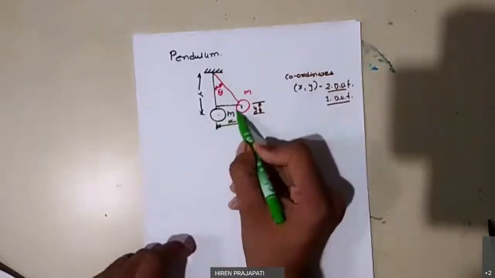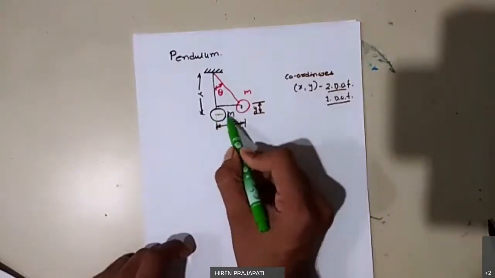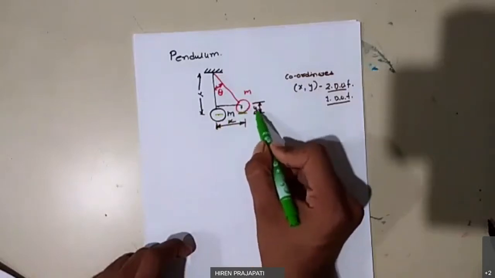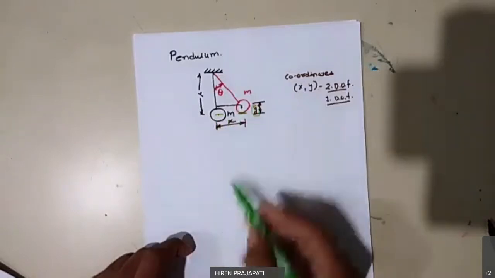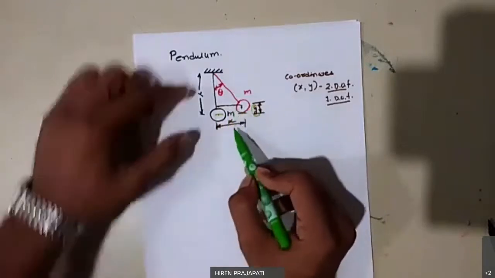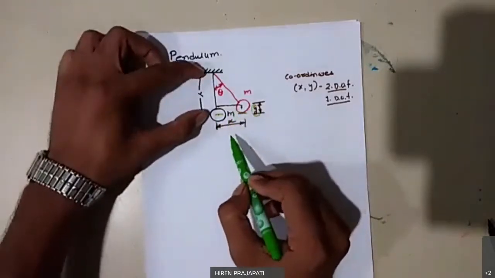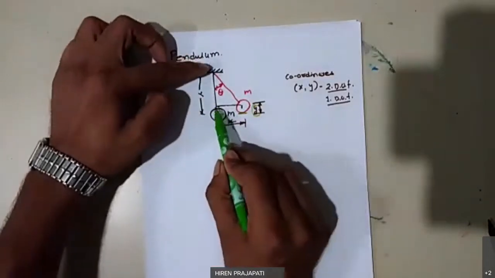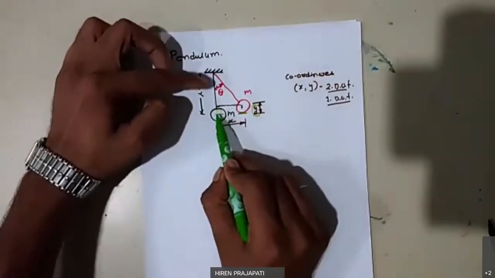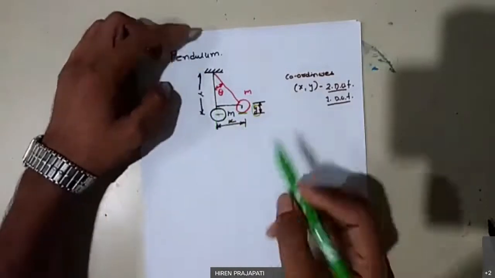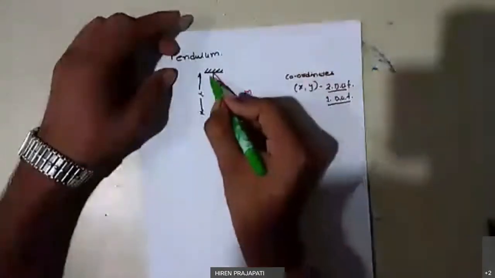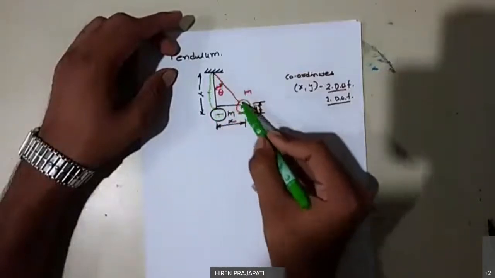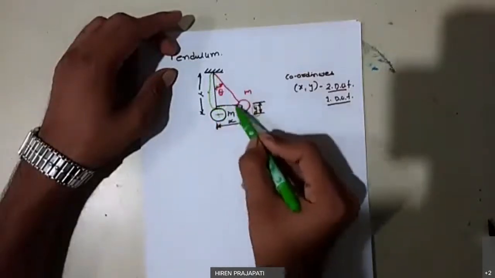If you look, when I swing this mass, then it moves in x direction as well as in y direction. So in y direction it is moved by y distance, but how much is this y movement? For that, the initial length is L, and if I subtract the projected length from the initial length, then I get this y. So let's do that. How much is this distance after deflection? Because this is now a right angle triangle.